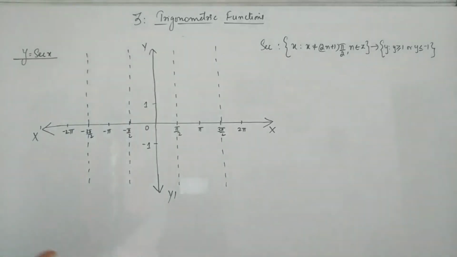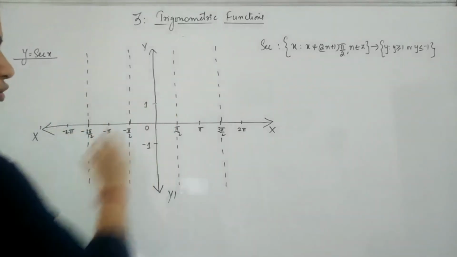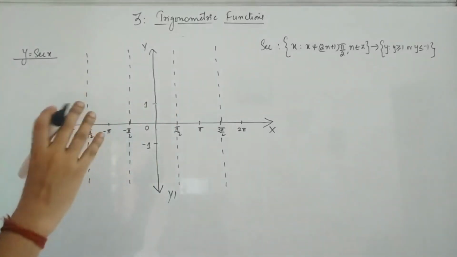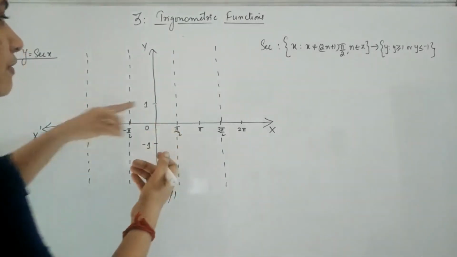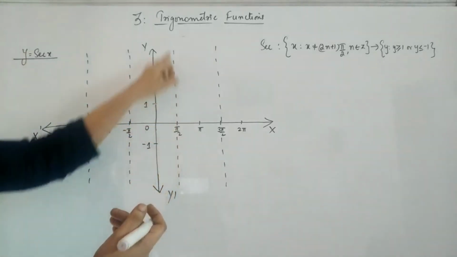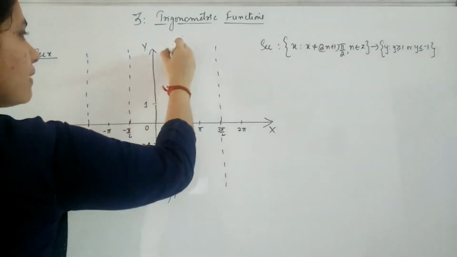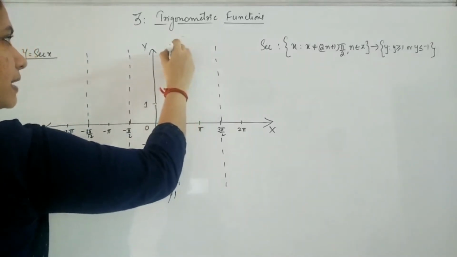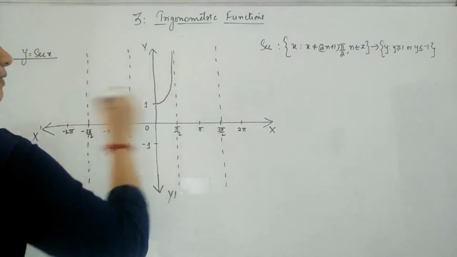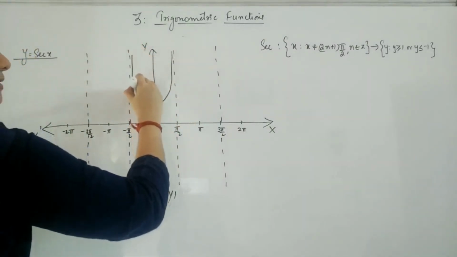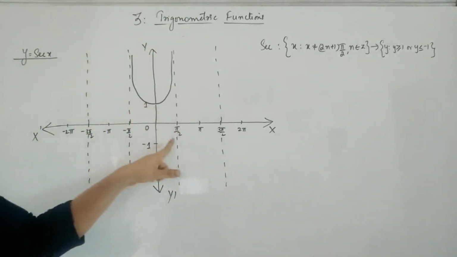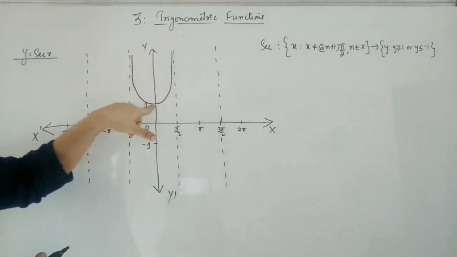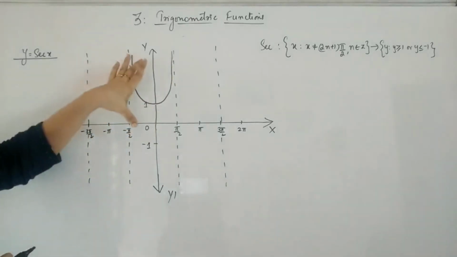Okay, now we know that cos 0 is 1, so sec 0 is also 1, so you have this point there. Then as you have a cos value between minus 1 and 1, sec value will be opposite to that. That means for cos it will go like this, for sec it will go upwards. Okay, but it is not having this value pi by 2, so the graph will be like this. Till 1 it will have, again here like this. So you have a U shape in your graph, in the interval minus pi by 2 to pi by 2, and it is touching the graph at this point. Okay, graph in the sense the y-axis.